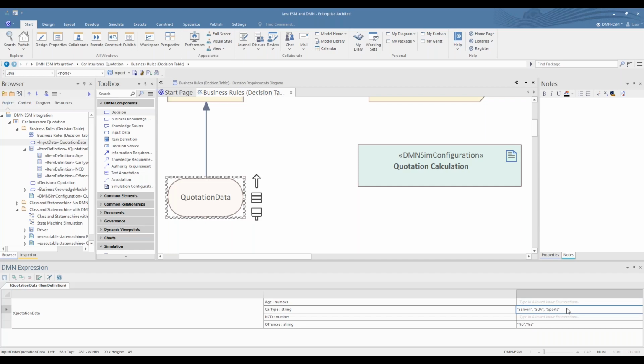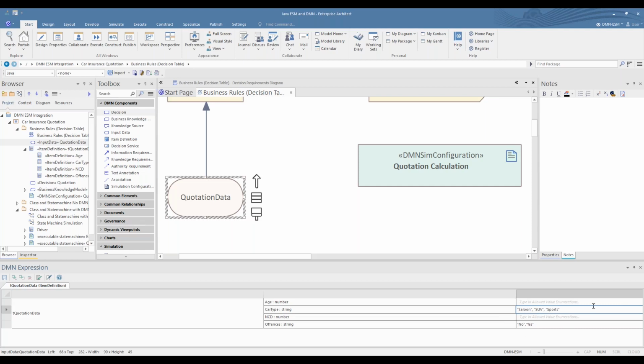I appreciate the text may be a little bit small for you to read, but I can read this out. When you have a string, you can set up a comma delimited, double quote string set. So I have saloon, SUV, sport, no, yes.